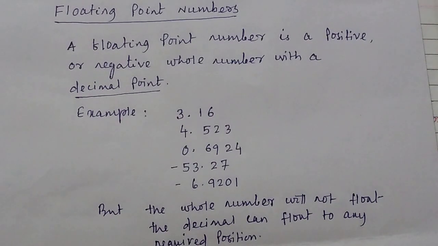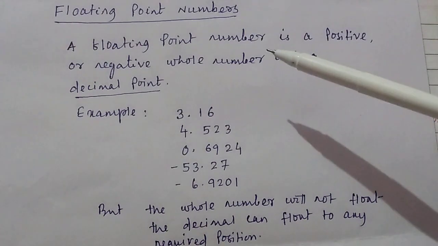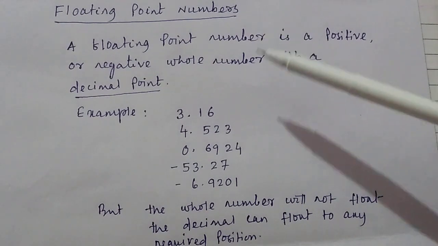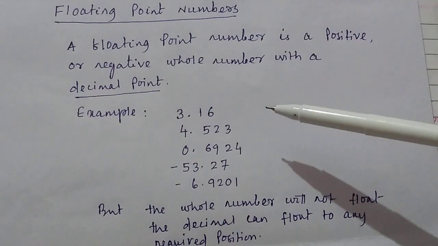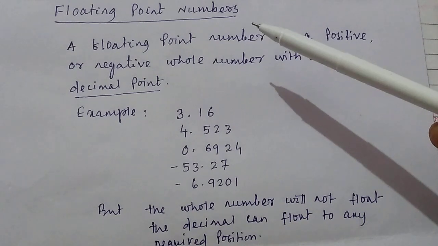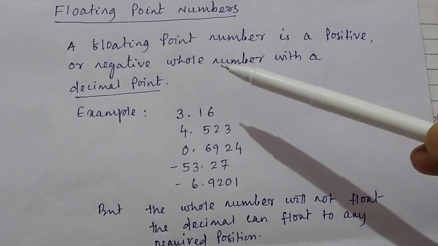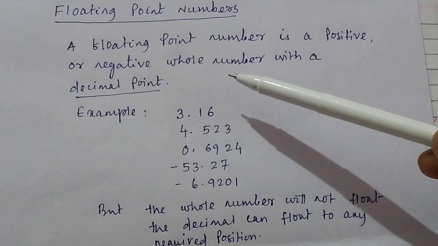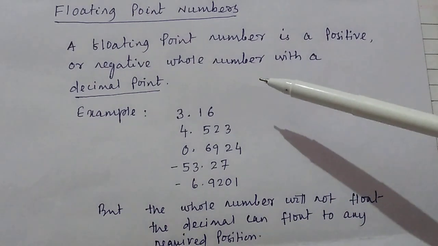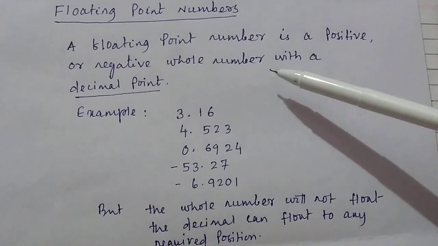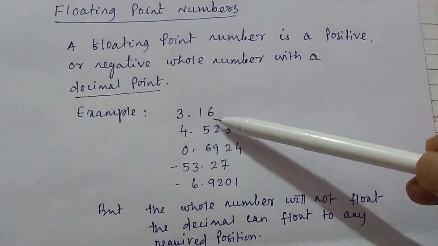Floating point numbers. Why will we read floating point numbers? Floating point numbers are very useful in computer programming. And what is a floating point number? A floating point number is either a positive or negative whole number with a decimal point. For example,